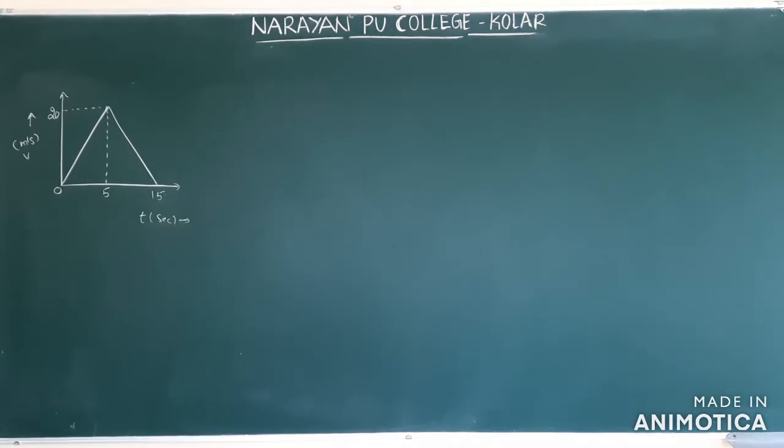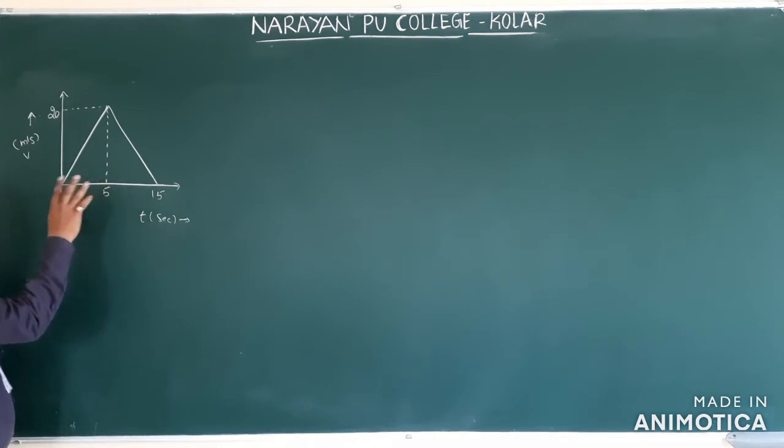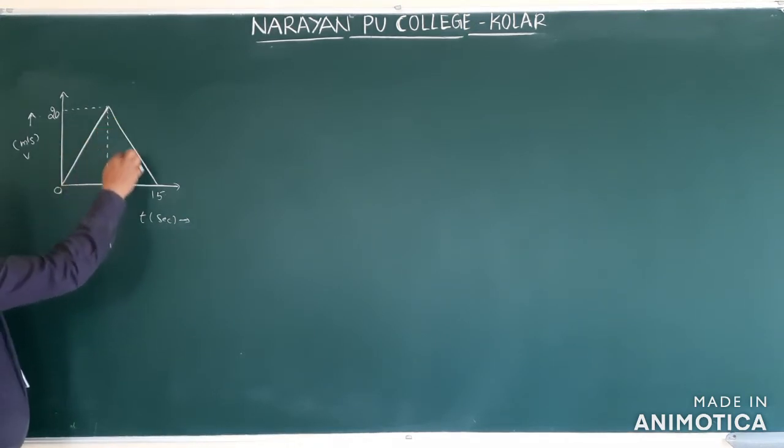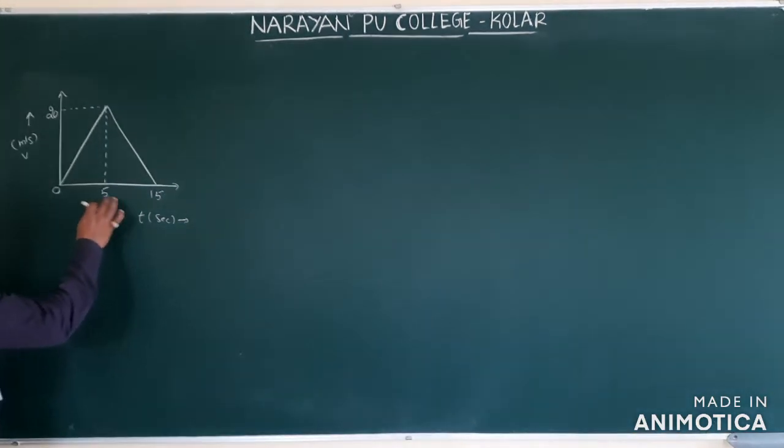So now see example 28. From the following velocity-time graph, this is the velocity-time graph they give. From this graph, you have to find the displacement for the time interval 3 to 12 seconds. In the previous problem, we found the displacement in the total time 0 to 15, the area under the whole graph. But now they are asking between 3 seconds and 12 seconds.